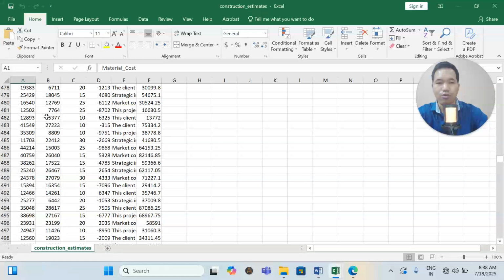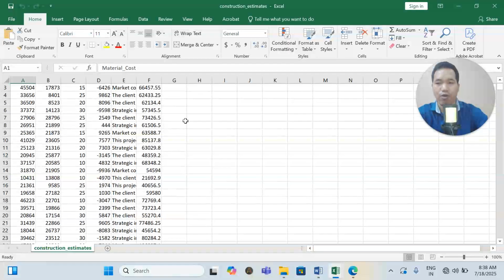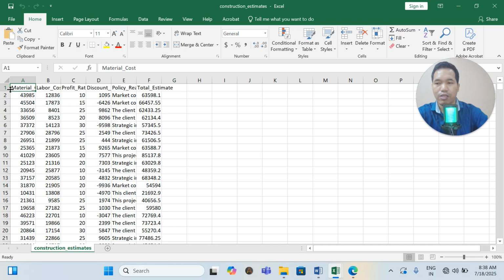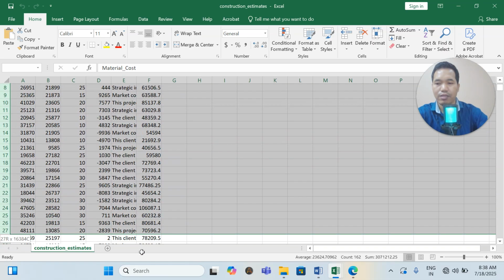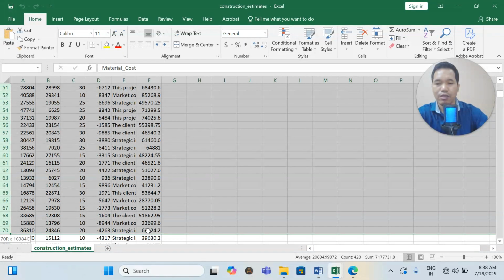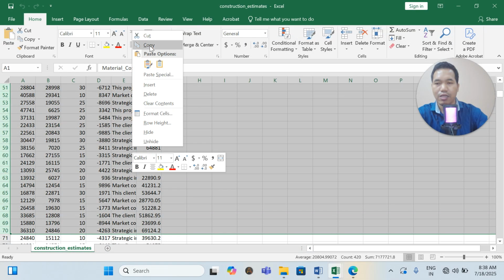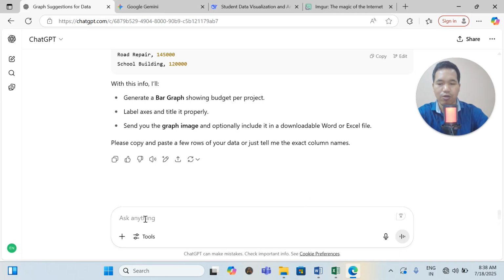So what you can do with a big data set, you can obviously do this, there is not a big problem. So I'm going to just copy a few of them. Since there's a name out here, okay, fine, copy, and then you can also paste it out here. Okay, you can paste it, no problem.